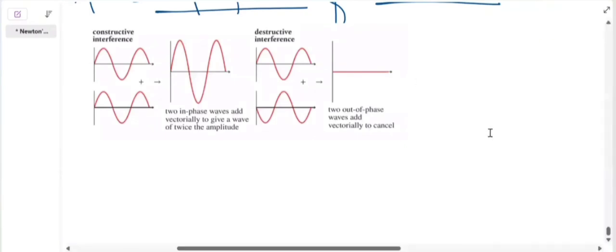Check, this is in phase. This is also in phase. So a two-way is formed, which is known as constructive interference. Here I have done the vector addition of the two waves. This is the destructive wave. One is starting from the positive cycle, one is starting from the negative cycle, so two out-of-phase waves will be created. Any doubts?